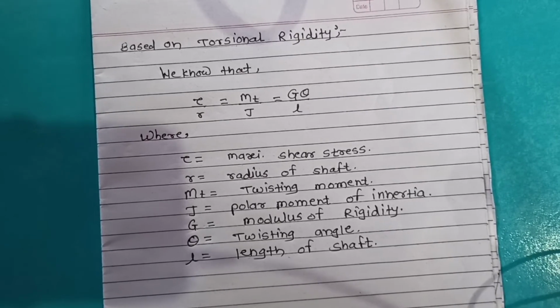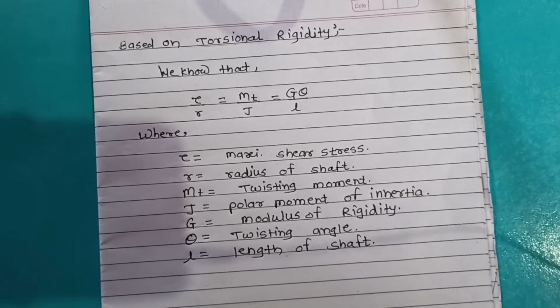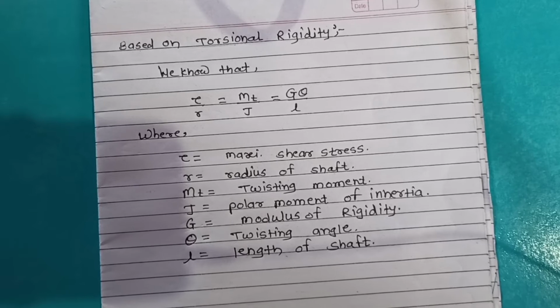Due to the bending and torsional stress, a combined stress acts on the shaft, and because of both stresses the shaft can fail, so because of this combined stress it is necessary to design the shaft. The theories of failure are most important. In the previous part we discussed two theories of failure: first the maximum principal stress theory and second the maximum shear stress theory.